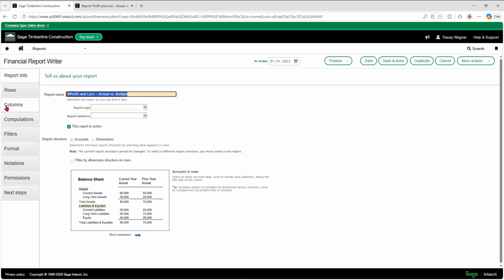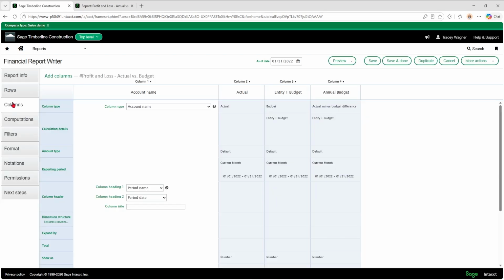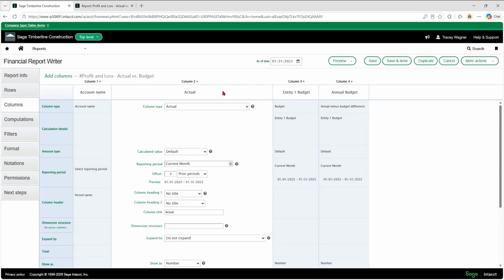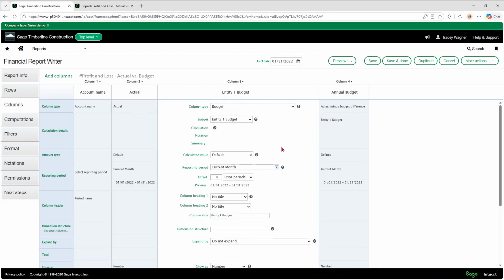So if we go into the column section here in this report, you've got your actual column and then you've got your budget column. So you know it's a budget because the column type is budget. And then it wants you to select what budget you want to show on this report. For this example, we had Entity 1 budget. Well, I don't have any records in Entity 1 budget, so I had accidentally selected the wrong one.